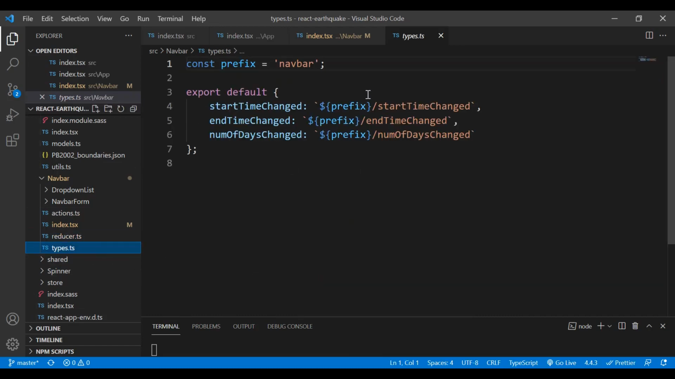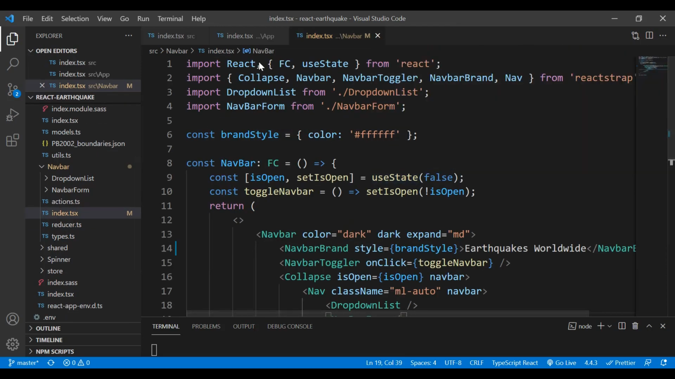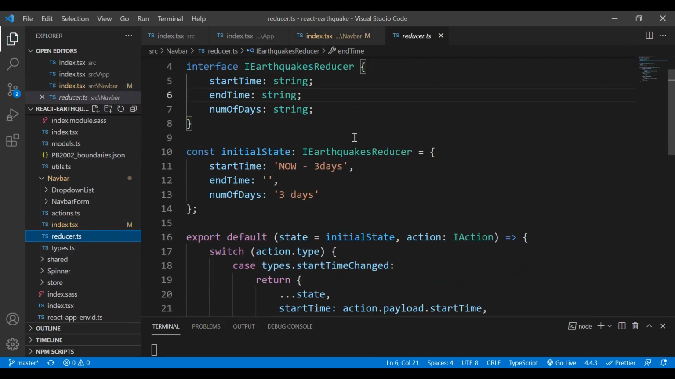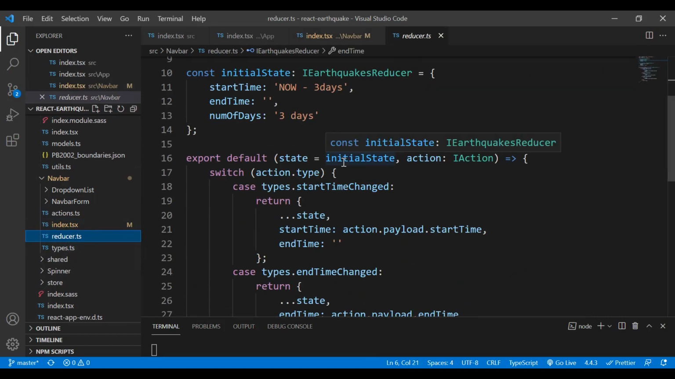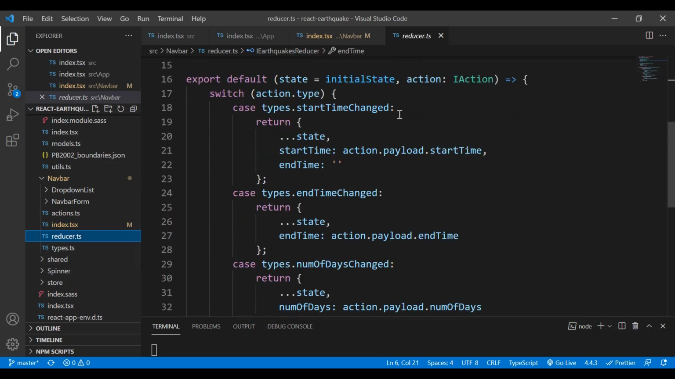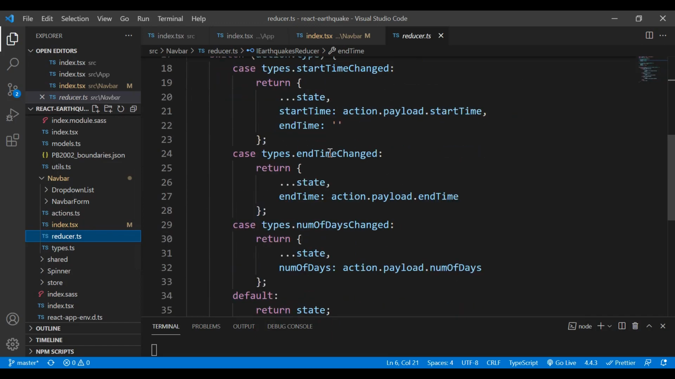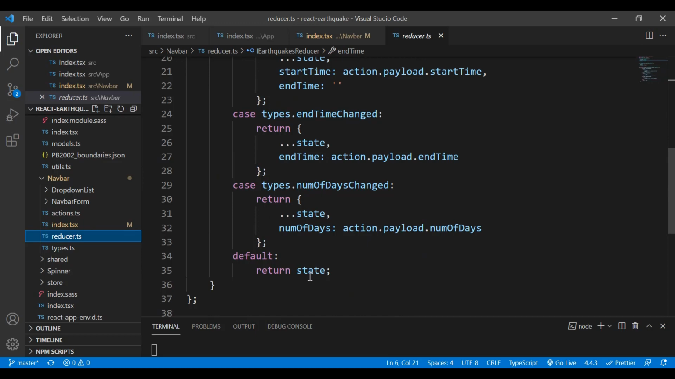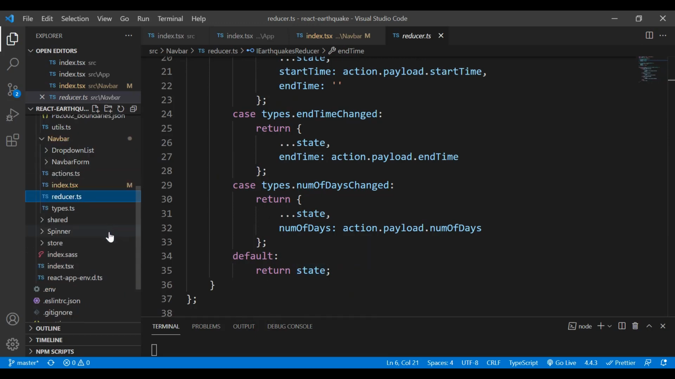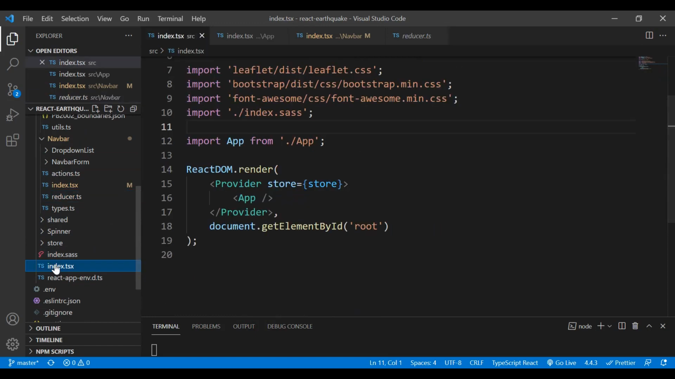So here we have this start time change, end time change, number days change, and where is this file actually being used? Before that, let's see what's inside this. We have different cases. We have this start time change, end time change, and this is the default value. So this reducer is actually being used by, let's see, right here,